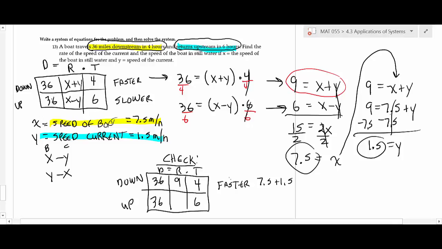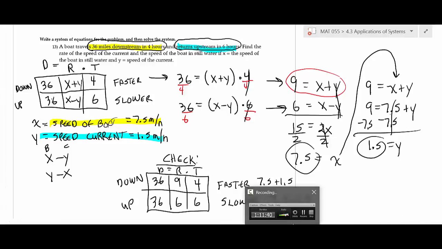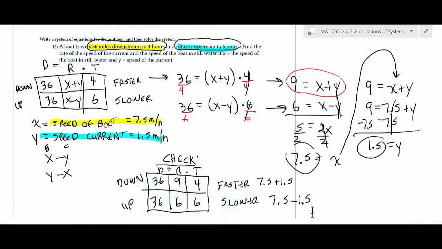The next one, when you go upstream, you take the boat and make it go slower. So if you do that, you get 6. That's it. 6 times 6 is 36, and 9 times 4 is 36, so that means you're right. How's that look? Is that sensible? All right, any questions about that? That'll close us off then. Let me stop this then, and then we'll